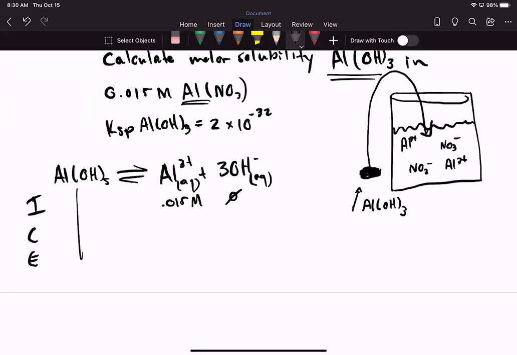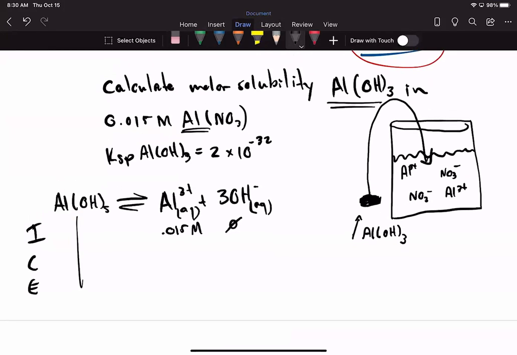So by adding more aluminum, the change is I'm going to increase this concentration. So then we get 0.015 plus X, and then we get plus X,